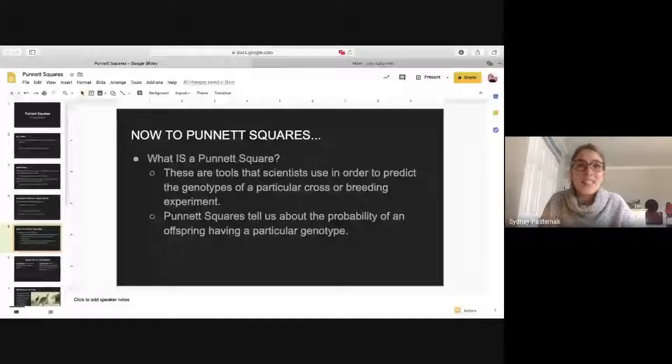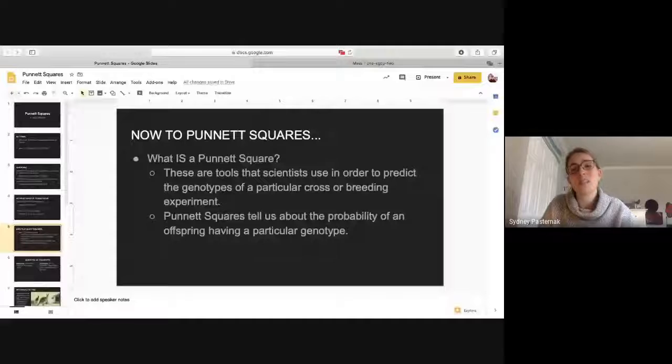And so now jumping into Punnett squares, what is it and how do we use them? Like, why are they important? These are tools that scientists use in order to predict the genotypes of a particular cross or breeding experiment. So we're going to talk about genotypes and phenotypes in just a second, but understanding that these Punnett squares can help us predict what the outcome could be between two different